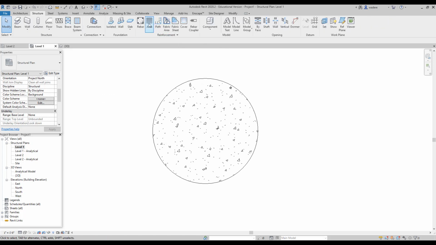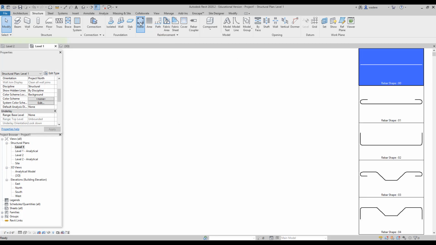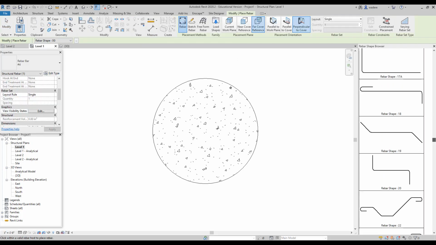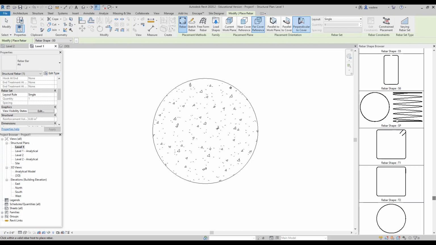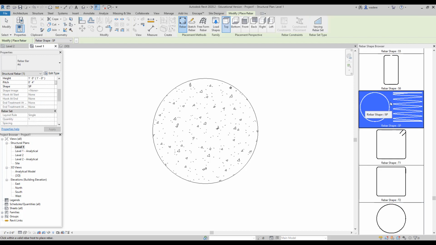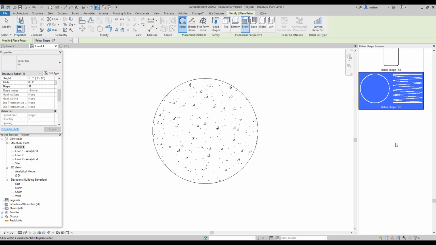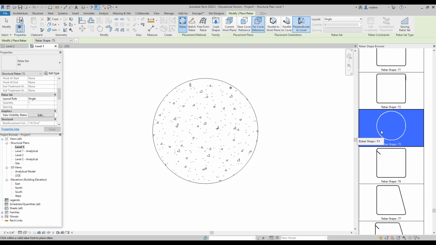So again, I'm going to go here to rebar, and I'm going to scroll down to find the spiral. And if I try to place the spiral in here, it doesn't matter where I pick, it's not going to let me. There is an issue with the spiral, and this is not just something I came up with. I researched it, and this is a problem. So I'm going to grab the round, and right now, again, it's going the wrong direction. So I want it to be parallel to the work plane, and I want to place it to where it